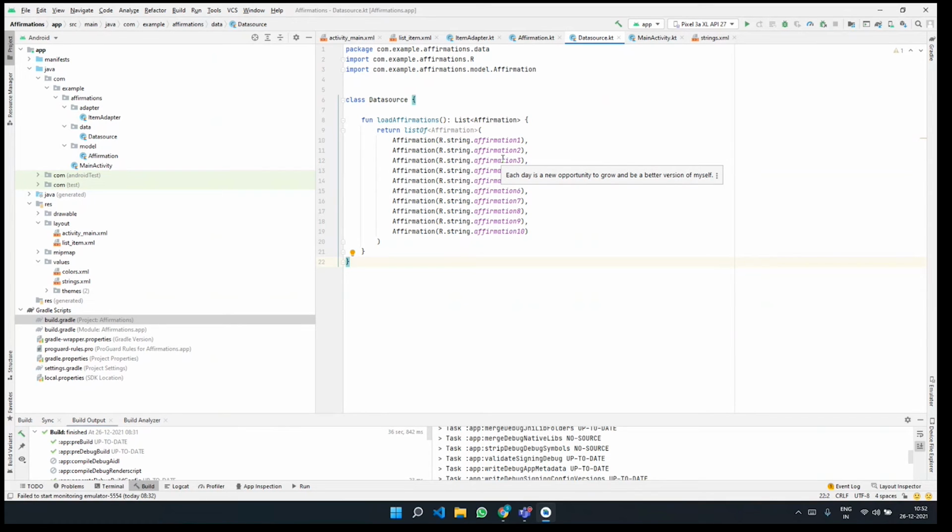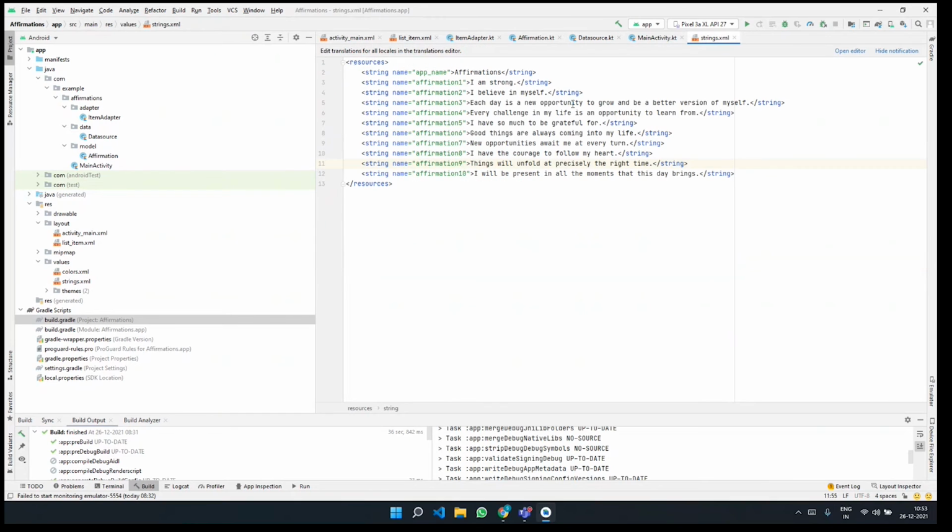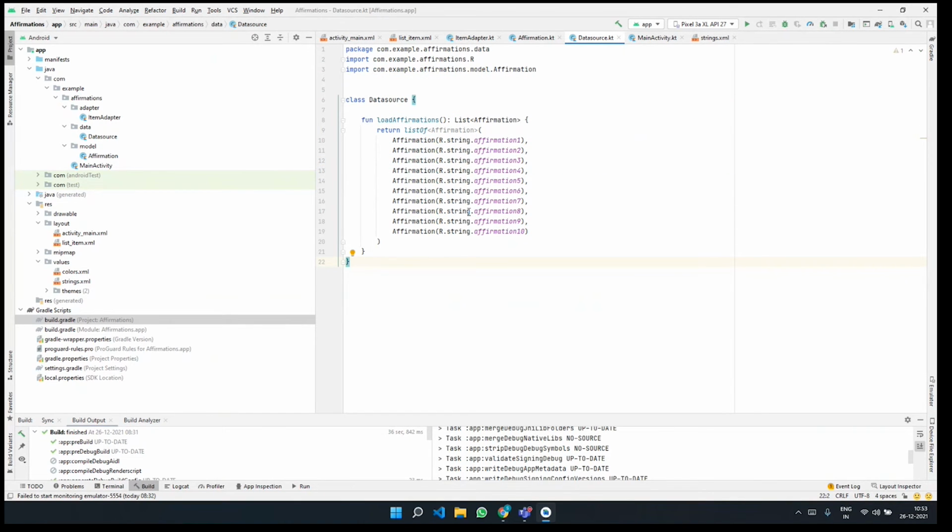As you can see, it displays in the text box: each day is a new opportunity to grow and be a better version of yourself. So this was the same affirmation that was discussed in strings.xml quite some time back, and now you are referencing each and every string correctly.